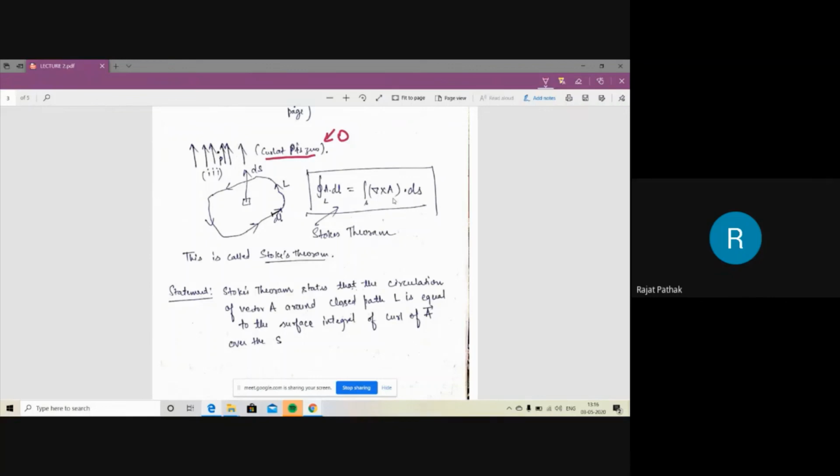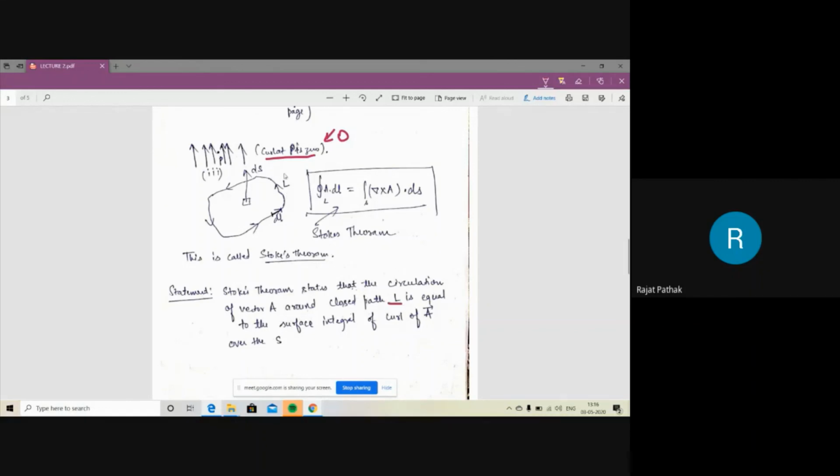Stokes theorem states that the circulation of vector A, circulation means you are going around again and again, wandering on the walls of this surface like this. This is called the circulation. You start from here, go to here, to here, to here, and come back to this point. So this is called the circulation, means you calculate the line integral of that vector A over some curve. So Stokes theorem states that the circulation of vector A around a closed path L,